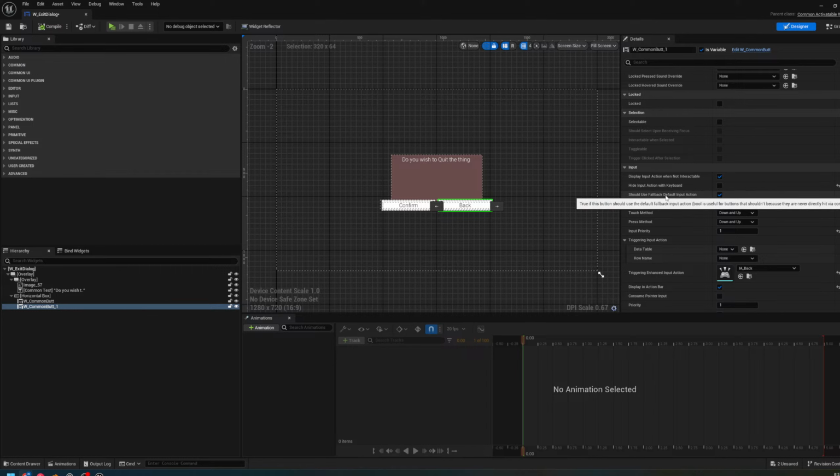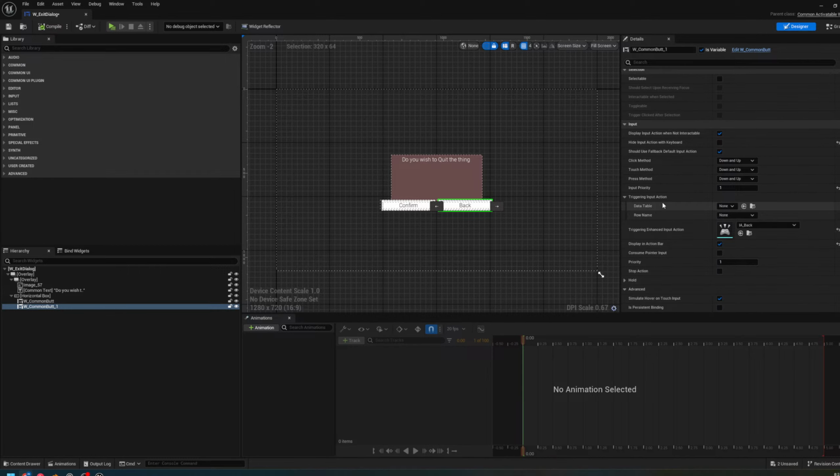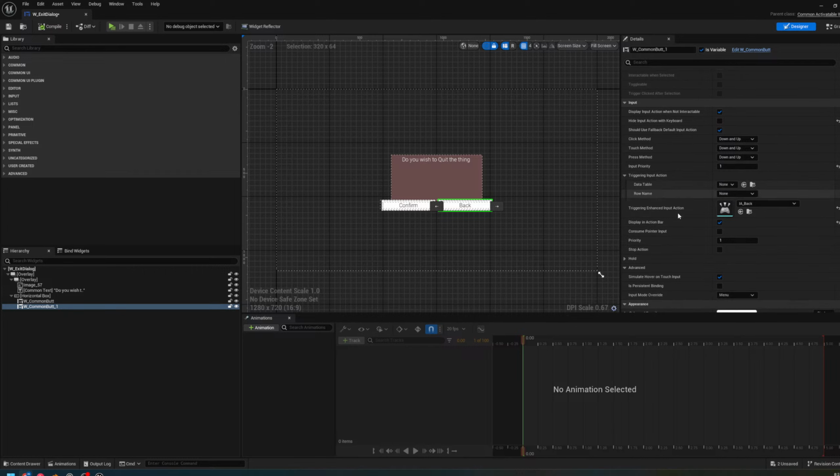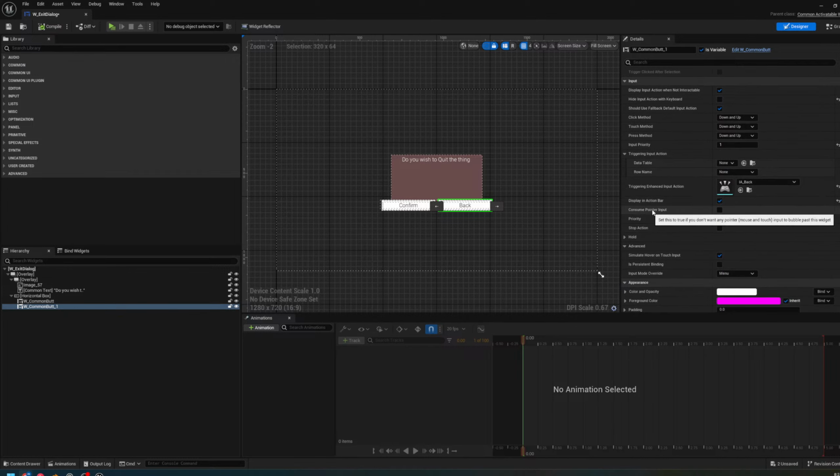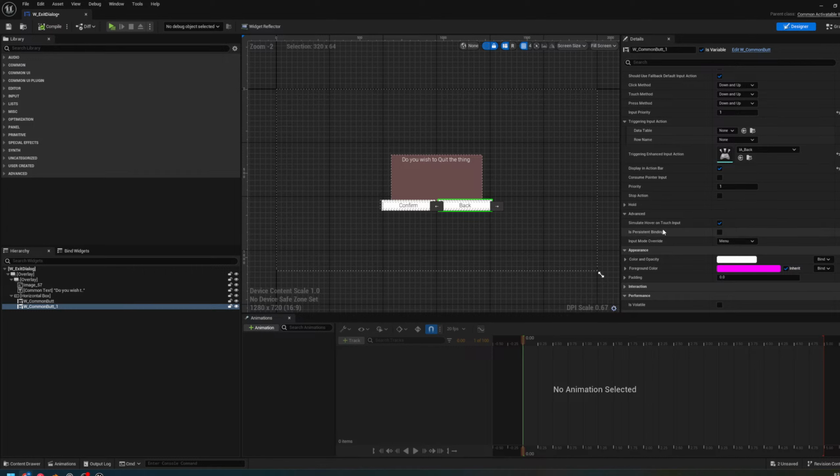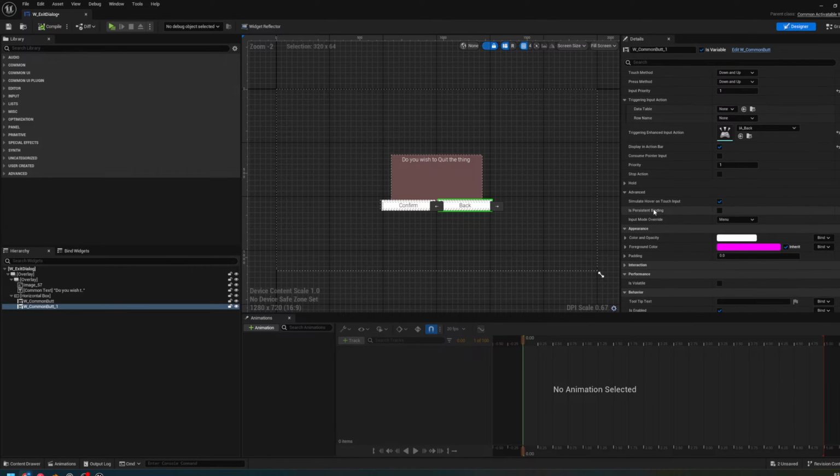Fallback buttons. What's useful for buttons? Never directly hit the controller. For buttons that shouldn't... Dang. So consume pointer input: if this is true, you don't want any pointer input to bubble past this. Okay, and then